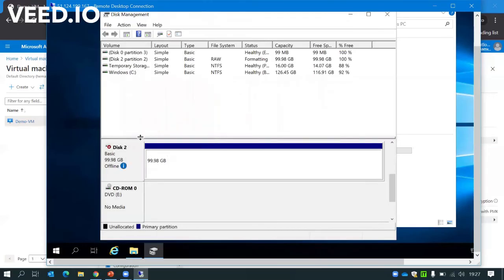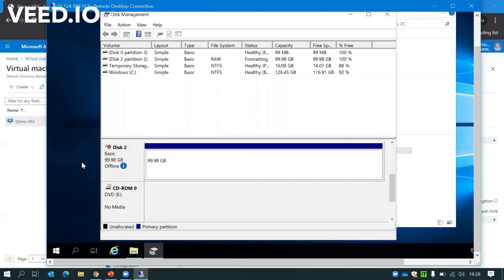So why we are doing this offline is, when the disk is online, there might be some data transfer, read, write operations being performed with your disk by your VM. So if you are making the disk offline, there will be no read and write operations performed to your disk by the VM. So in that state, if you are removing the disk from the VM, there will be no chances of disk getting affected. When I say that, I mean there will be no chances of the disk or data getting corrupted.